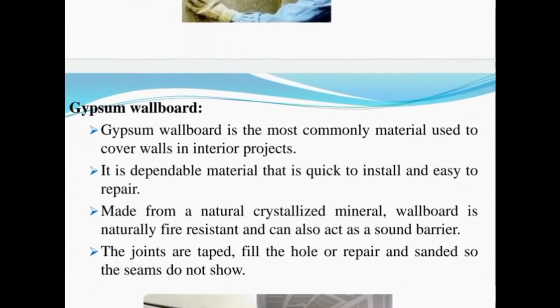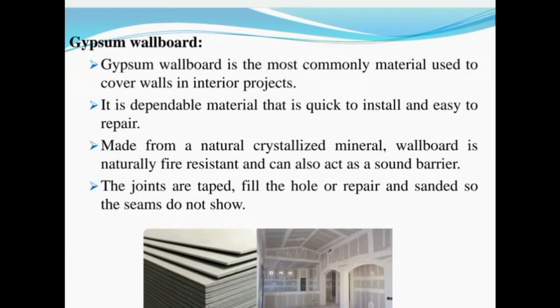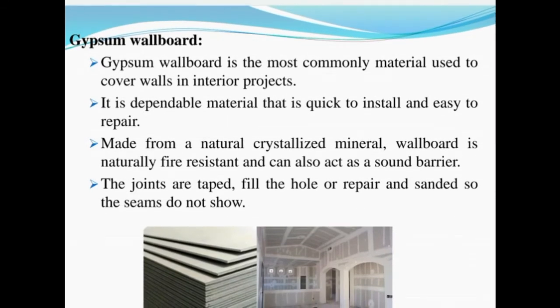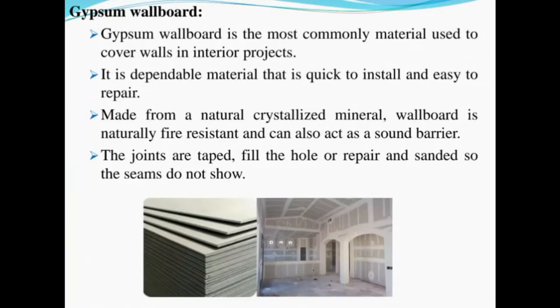The next one is gypsum wallboard. As we all know, gypsum is a material used as a plastering material for wall finish, which gives a pleasing and beautiful appearance to the structure. Gypsum wallboard is the most commonly used material to cover interior projects, and it's a dependable material that is easy to install and easy to repair, and it's made from natural crystallized minerals